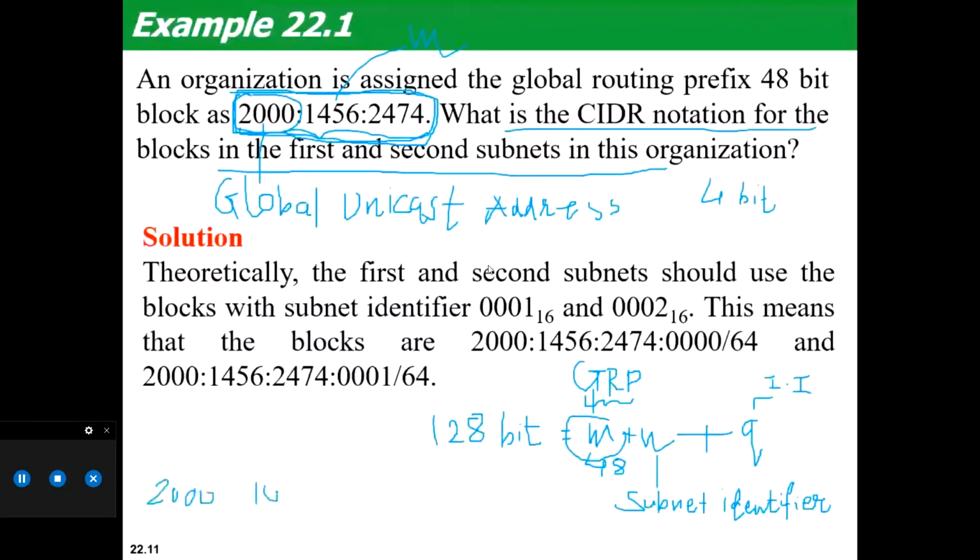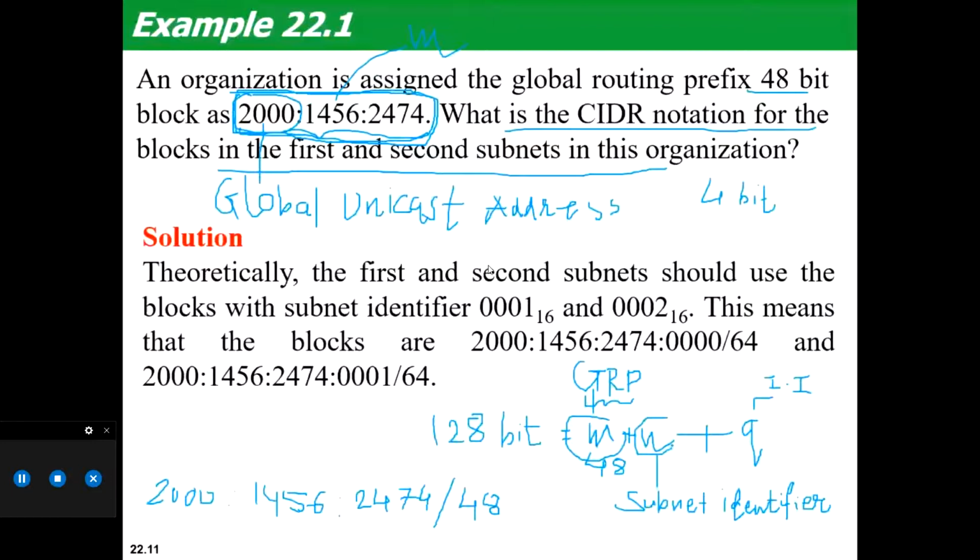When I write it like this, I would write /48, prefix 48, global routing prefix. So ये मैंने /48 लिखा. Now I need to design N. N कितने बिट का, अर्चित?